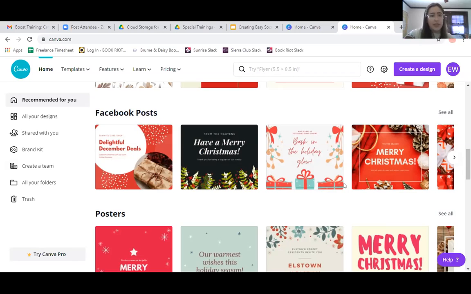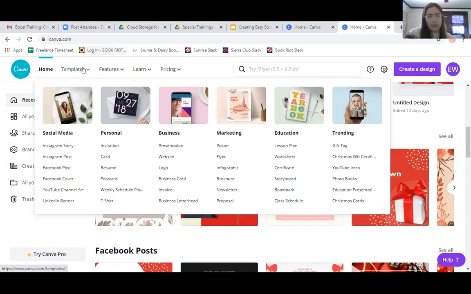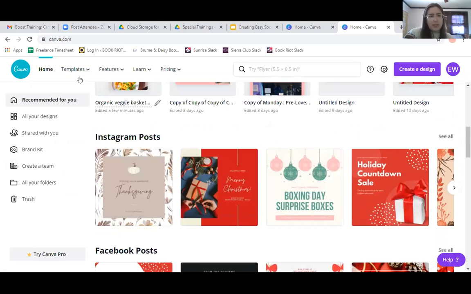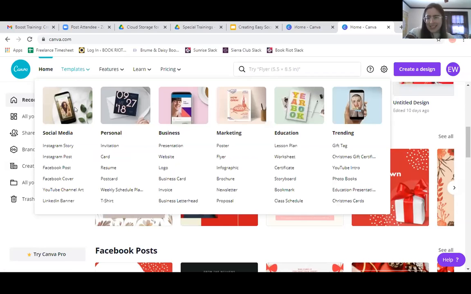I love using it. So if we go to the templates feature, hover over this, you can see all the different sizes that it comes preset for. I always do my holiday cards in here, for example, but you can also, like I was saying, do the Facebook cover photo. Facebook changes the size of its cover photos all the time, but Canva has the up-to-date information on that. So you don't have to worry about sizing and resizing. You can just go to Facebook cover here